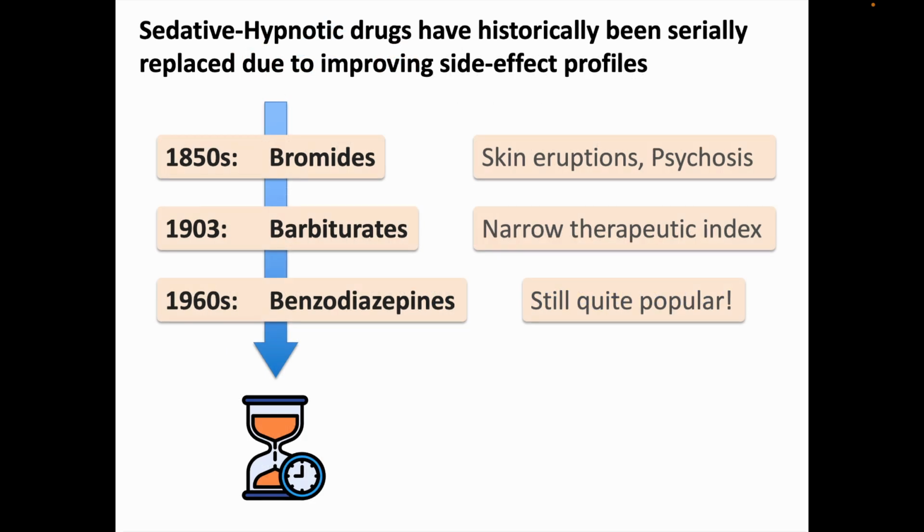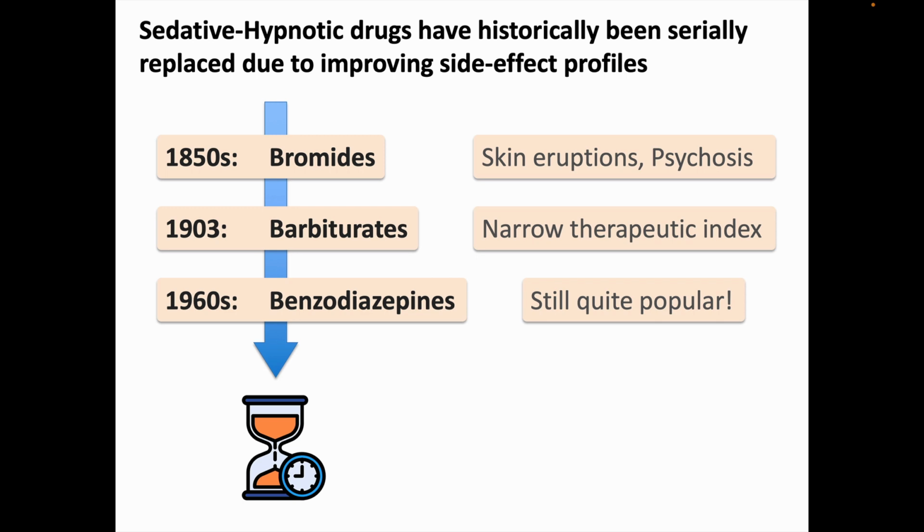As mentioned elsewhere in this video series, there's a recurring theme in pharmacotherapy where a new drug class has its heyday, but is then replaced by a newer class of agents for the same indication, which takes over probably because it has a better side effects profile. And we can see the same thing with the sedative hypnotics. Bromide salts were first marketed in the 1850s as sedatives and were popular well into the 20th century. But they were associated with skin eruptions called bromoderma and were responsible for what is now a surprising incidence of psychiatric symptoms,